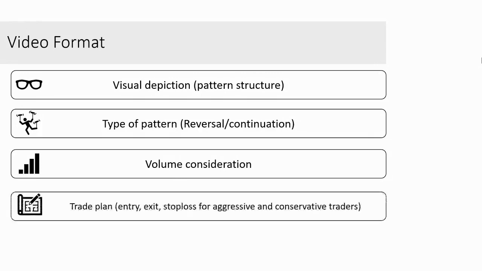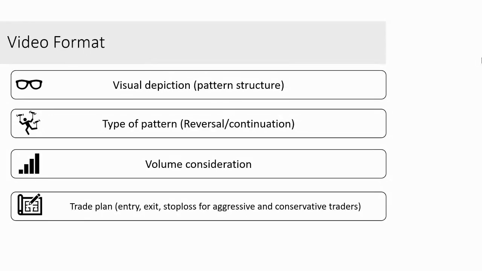The fourth pointer is trade plan. Now that you understand everything, it is time to take decisions. So what are the 3 decisions you should take? Entry, exit and stop loss. Exit can be defined in 2 ways, that is target and stop loss, but everything can fail. Hence there has to be a stop loss.